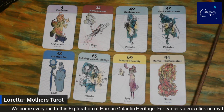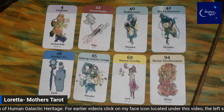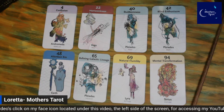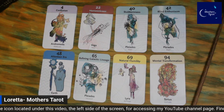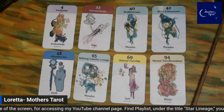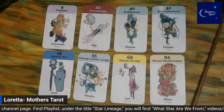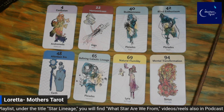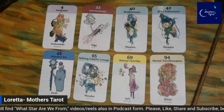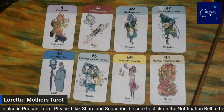The cards are numbered based on the journey from unity to polarity and back to unity, reflecting a universal theme: a state of oneness, a fragmentation into individuality, and the process of integration back into the state of oneness. Thus, the cards in the lower numbers represent the earliest process of unity fragmenting into individuality, and the star consciousness who guides us. Early to mid-range numbers represent physical civilizations. The higher numbered cards are the integration cards,